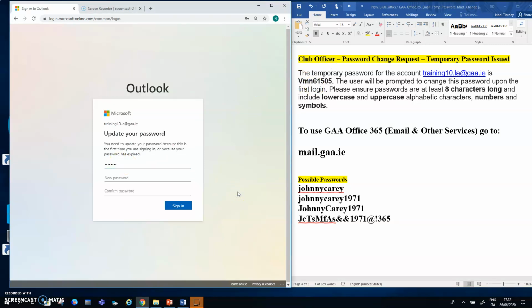So that's it entered in there. And then I'm going to try a number of possible passwords. So what I have here is 4 possible passwords. According to the email sent by the help desk, the opening paragraph tells me, as has happened, the user will be prompted to change this password upon first login. That's what's just happened. Please ensure passwords are at least 8 characters long and include lowercase and uppercase alphabetic characters,